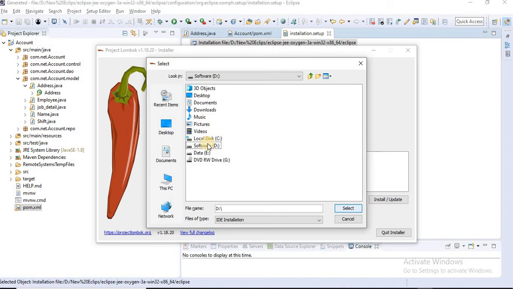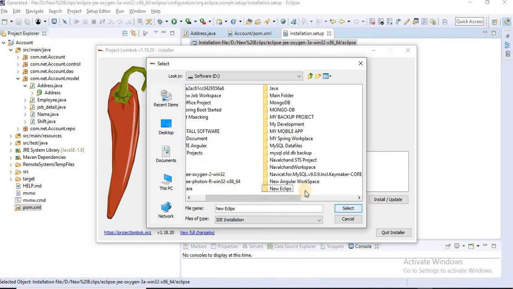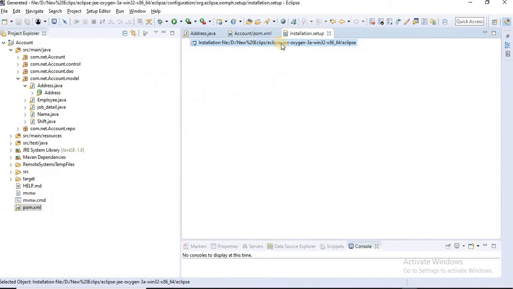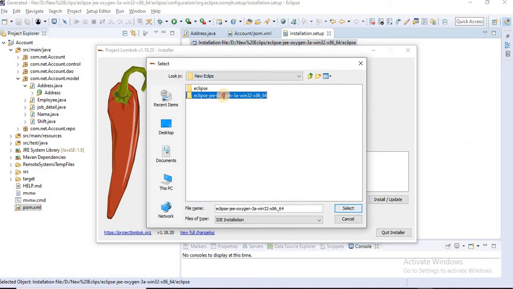Here is new Eclipse. Double click on it, then on the J2EE Oxygen 3A folder, and then we get one more folder, Eclipse.